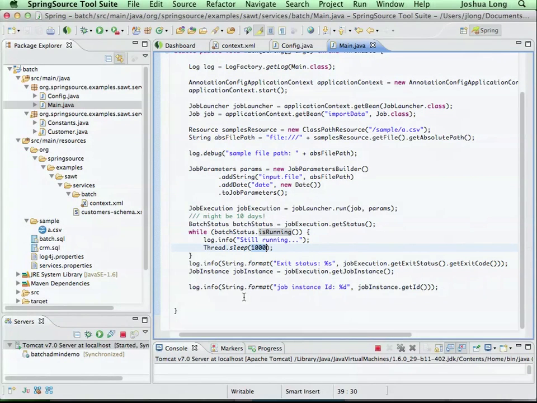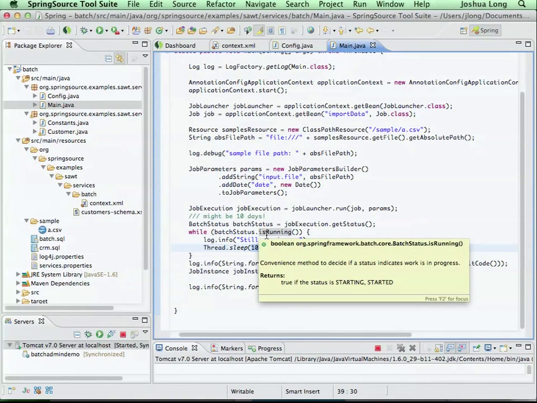Any questions? Is that synchronous, or do you get control back there and you can ask the status, or are you blocked until it finishes? So that's what I'm saying, you can. This is asynchronous, but that's because you can specify the threads, right? So if you launch a job inside of a web container, you can't afford to have it blocking. You can also specify it to block. So here I'm actually getting the status and so on.